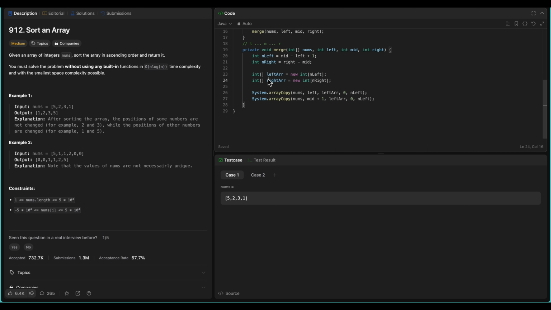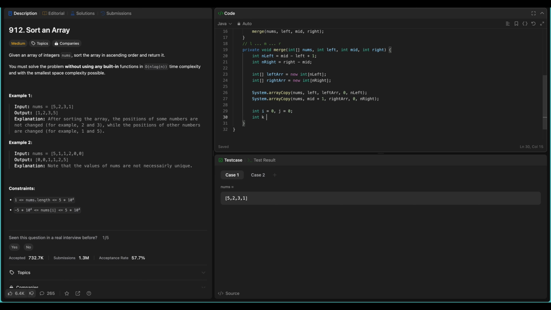And this time we will just copy to the right array from position 0 to n right, because that whole array was empty. So now we will fill it in. And once we do that, we can take two pointers, i for left array and j for right array. So initially both of them will be equal to 0, because we will use two pointer approach on these left and right subarrays, and merge these two arrays and update the nums array between left and right boundary based on